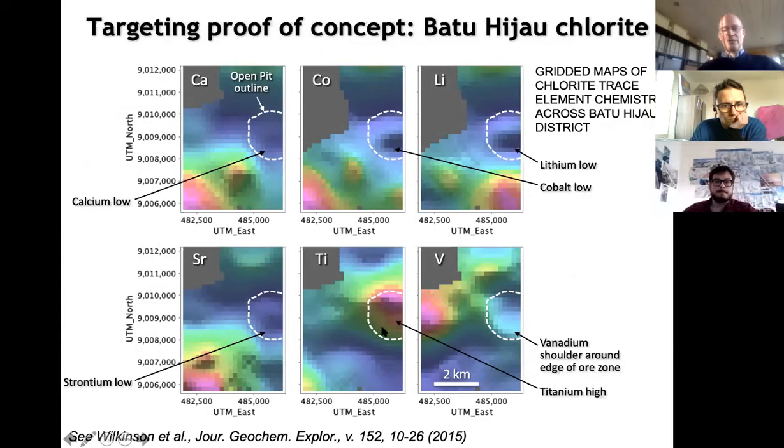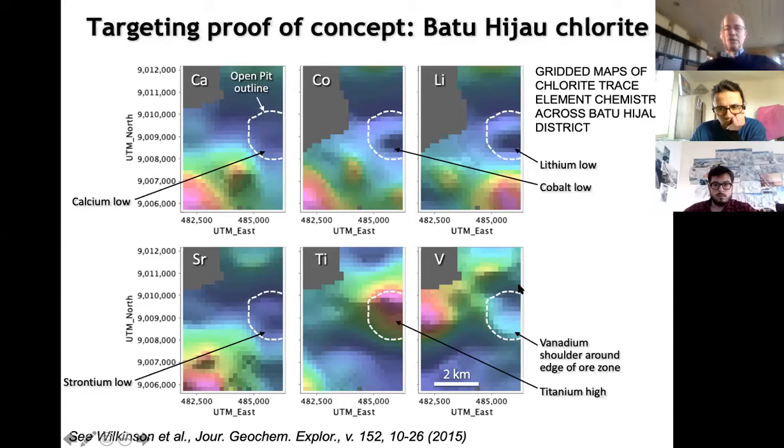system. Conversely, titanium shows a high, which we think is relating to the temperature of crystallization of the chlorite. So titanium substitution in biotite is thermally controlled. We think that's the same in the case of chlorite. So it's titanium elevations representing a thermal high related to the deposit. And the vanadium kind of shows a high shoulder. It's lowish in the center and then shows a sort of a high around the outside of the ore zone,